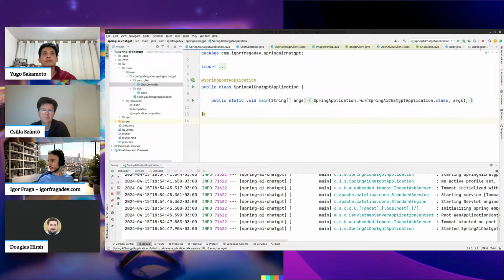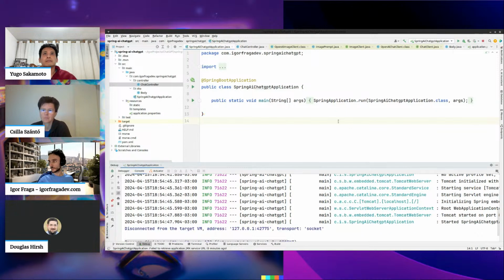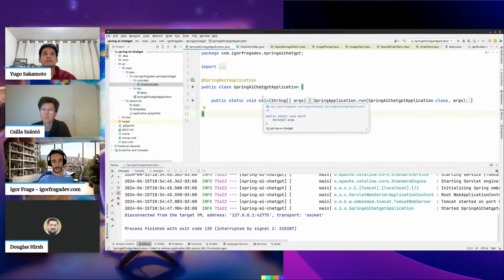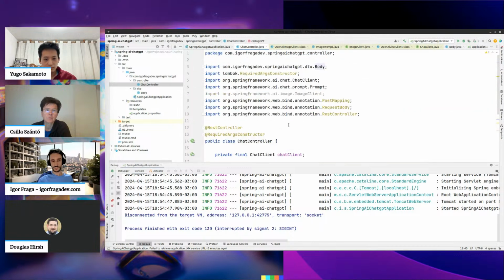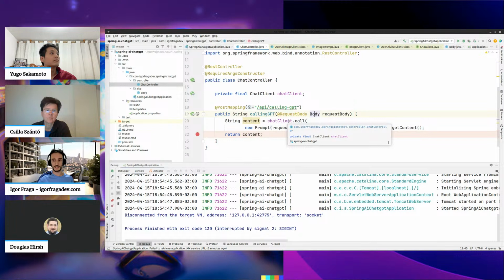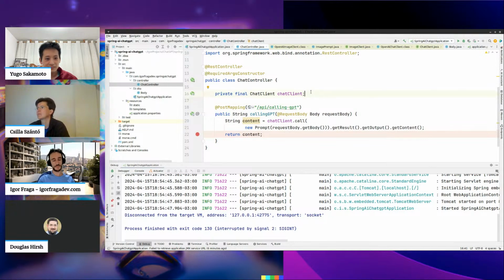About connecting applications, about connecting Spring AI to an LLM, in this case to ChatGPT. This is what I have for you guys. Very straightforward, just a starting point. Now it's up to you that are watching us to put your hands on it and figure out more stuff. We'll be figuring out a lot of stuff together. Like I just mentioned, you have the image client and other ones.